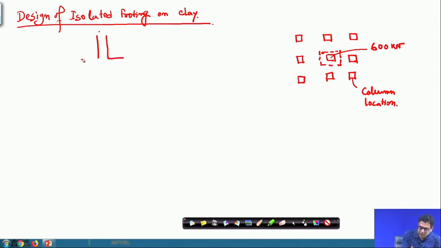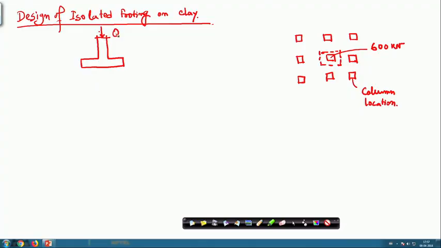In the last problem that I have solved on sand, there we knew the dimension of the footing, and based on that we recommended what will be the permissible load on the foundation. But here we are doing the other way. You can solve that problem also in the other way. I am showing that so that you can do it in different ways also. Here I know the load, and I have to design the foundation according to that load, based on the available soil properties. But it is on the clay.